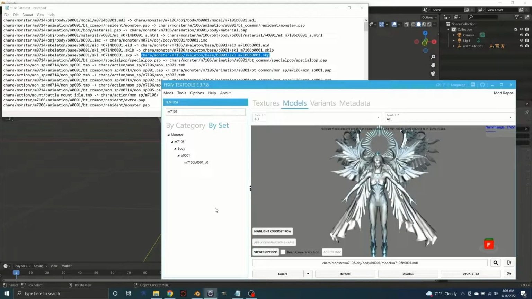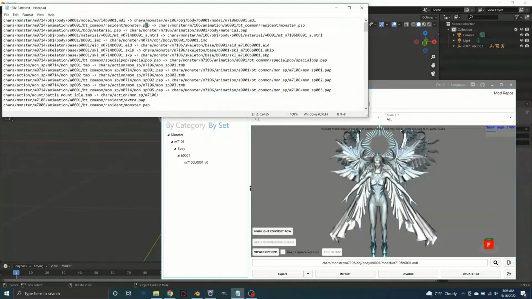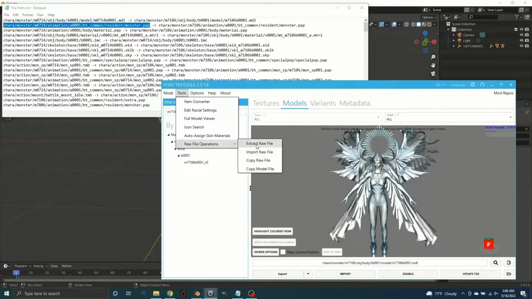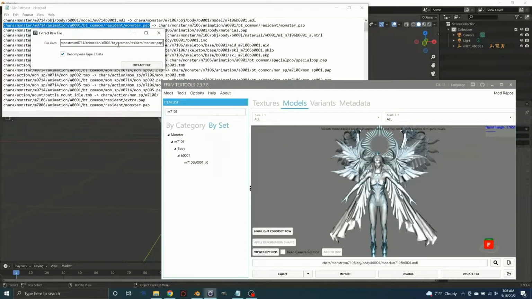There. Alright, so the skeleton files have been copied over, but that's not enough. What I'm going to need next is the monster.pap files. Before, what I used to do is directly copy one monster.pap file over the other. Well, what I do now is I extract this file. So I use raw file operations, extract raw file, paste it in a file path,